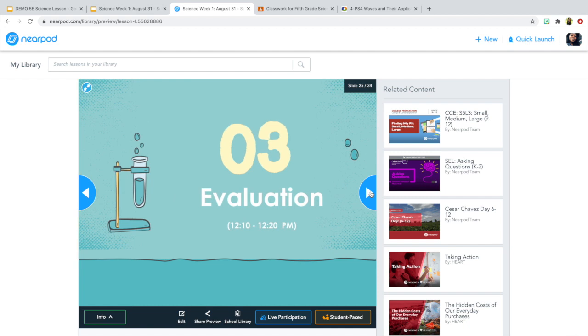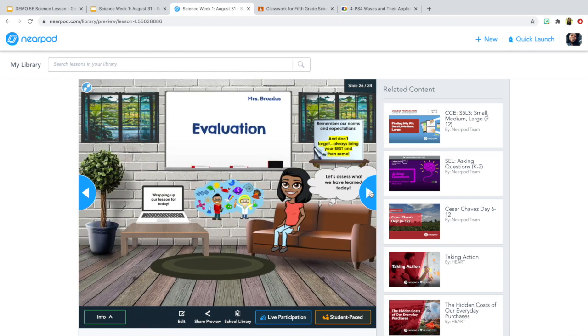Going on to the next slide. Our next slide is the evaluation slide. And let me go ahead and provide you with the description for the evaluation section. So for the evaluation, the students are going to be able to analyze their understanding of the concepts, and you, the teacher, have the opportunity to assess student learning. So the students are able to assess their own knowledge, skills, and abilities, and the teachers are able to evaluate